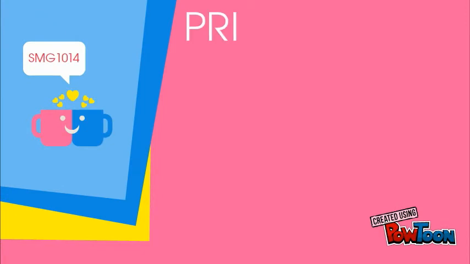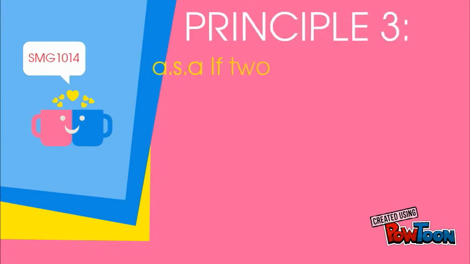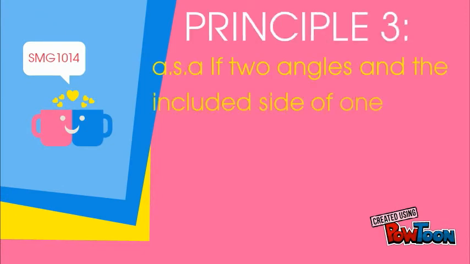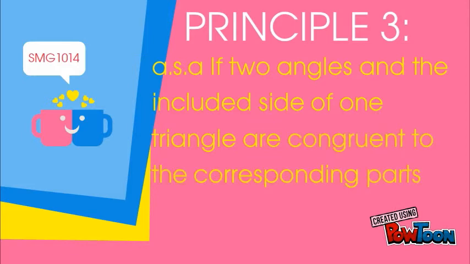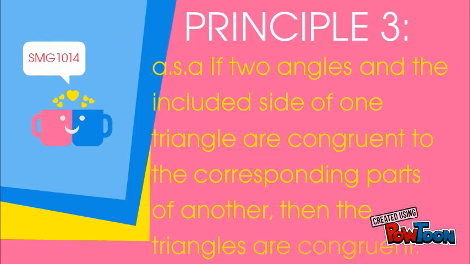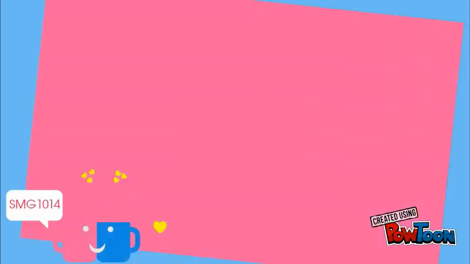Principle 3. If two angles and the included side of one triangle are congruent to the corresponding parts of another, then the triangles are congruent. For example,